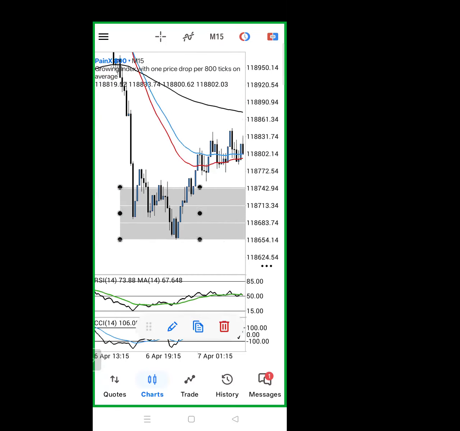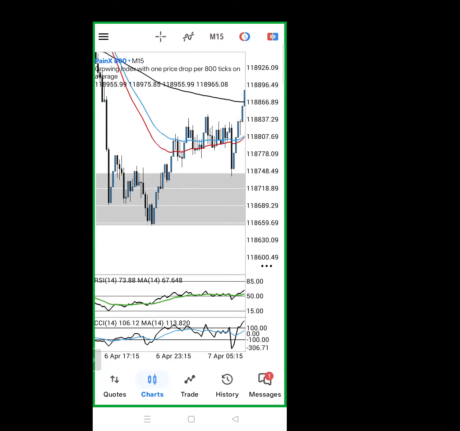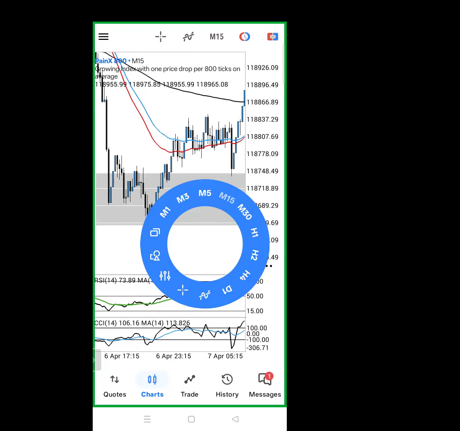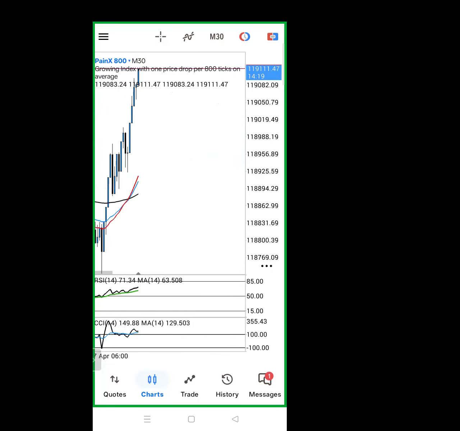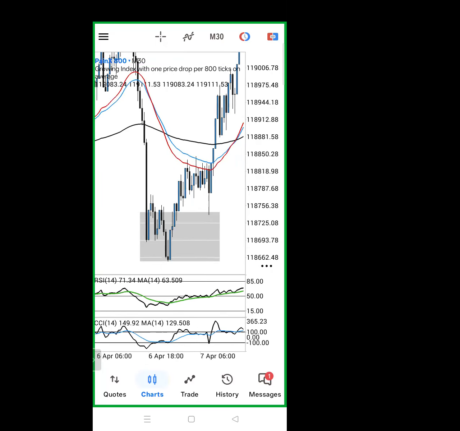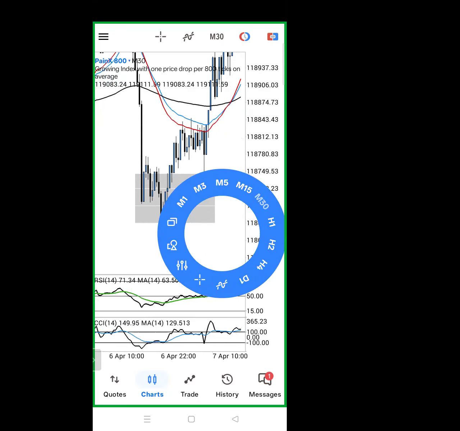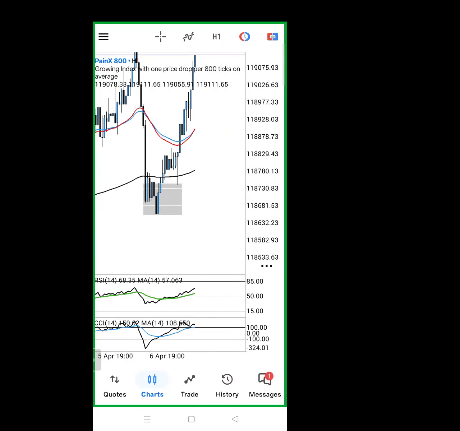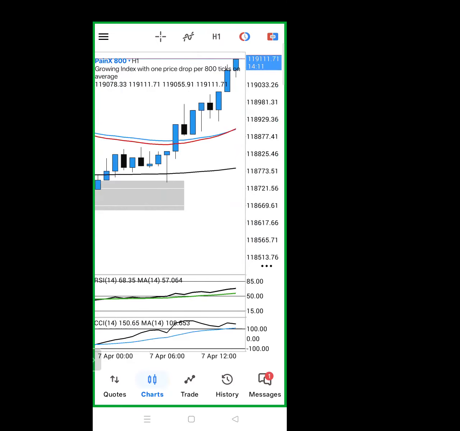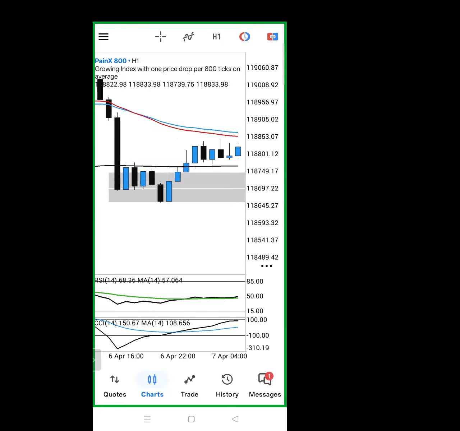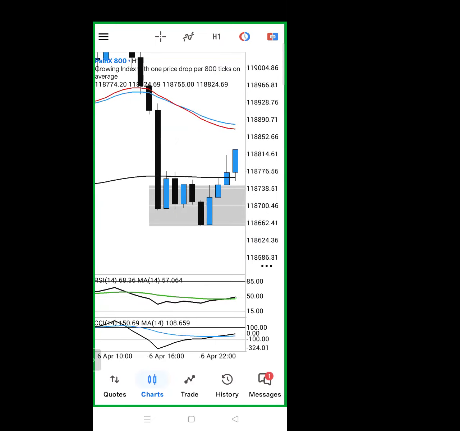Okay, so now let's use here. Now let's go to a higher time frame, let's say like 30 minutes. Now we're going to be looking at candle patterns, or chart pattern, let's say. The first thing you want to actually add again is that after this consolidation around here and